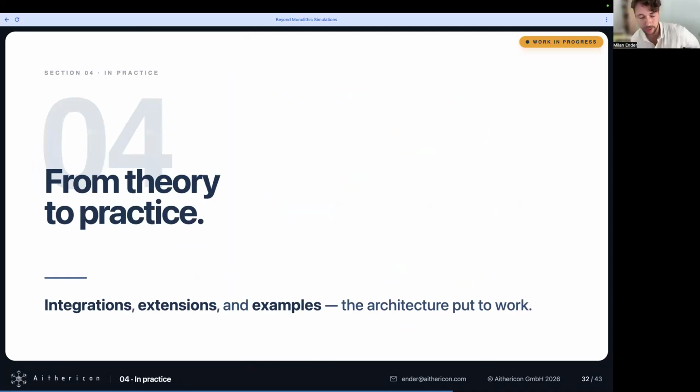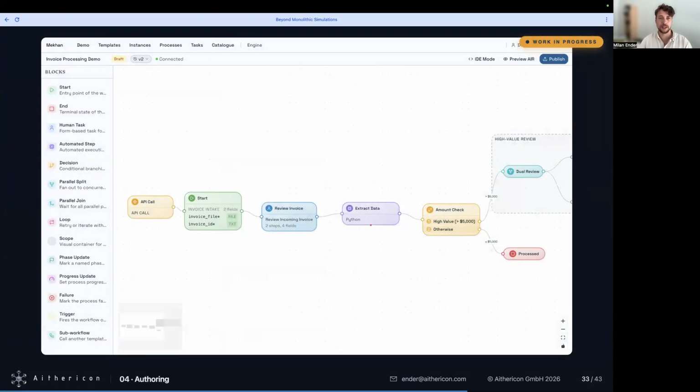So from this kind of very formal work, I want to now continue on to show you a bit of the work in progress state. So again, we've built a past system that works very reliably for these simulation workflows and is used extensively. But now over the last year, we redeveloped it from past learnings. And here I want to show you a little bit of a work in progress state, but it also illustrates a lot of the nice properties already, and how this might evolve into practice.